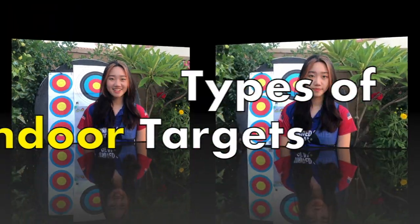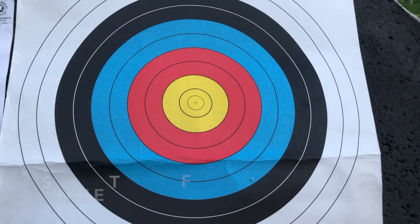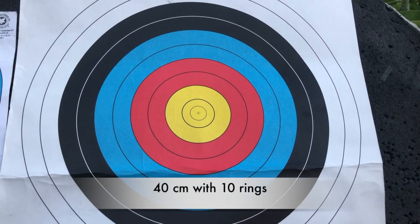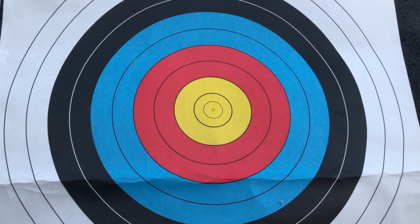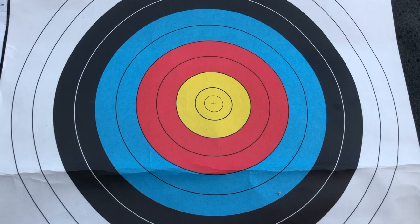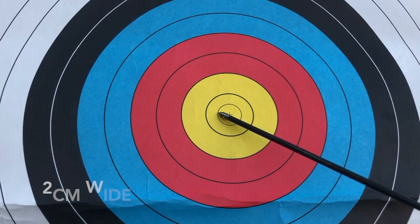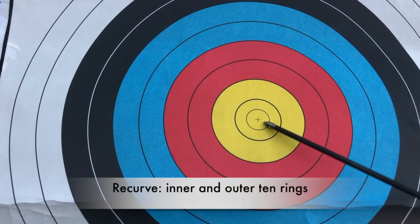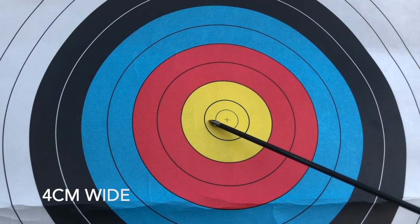Let's get started. First, I want to introduce the targets used in indoor nationals and world competitions. There's a single spot target that is 40 centimeters wide with 10 rings, or 11 if you want to count the X ring. For compound archers, the most innermost ring is considered the 10. It's about 2 centimeters wide. But for recurve archers, the innermost ring and the outer 10 ring are considered 10s, and it's about 4 centimeters